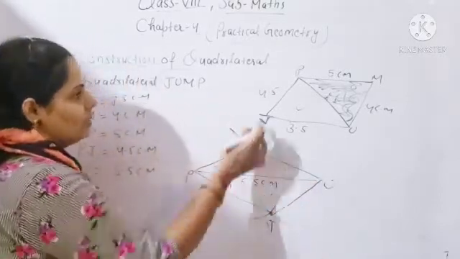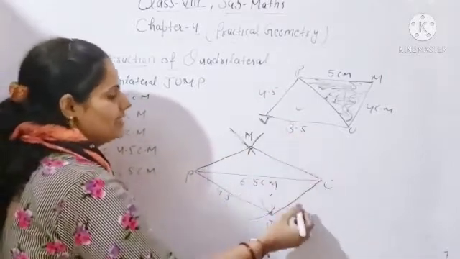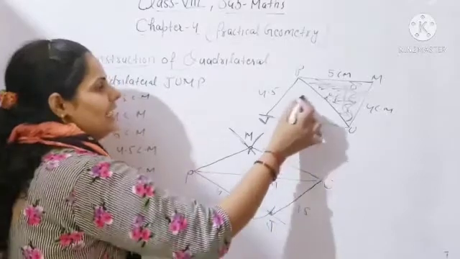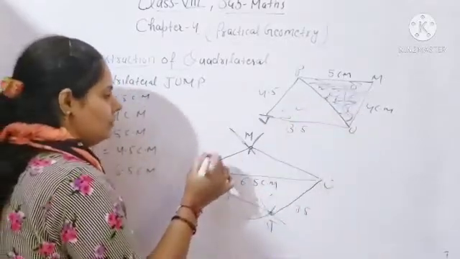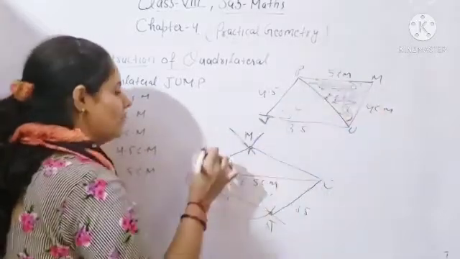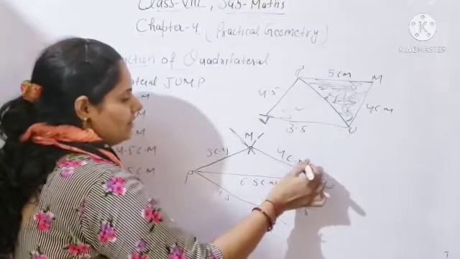Point J. After that you will draw the line segment PJ and join the line UJ. And what is the length? You have to write the length also. PJ is 4.5, UJ is 3.5. So this triangle also you have done, and in this triangle you have not written the length, so you will write the length PM. So PM is 5 centimeter. And MU is given 4 centimeter.